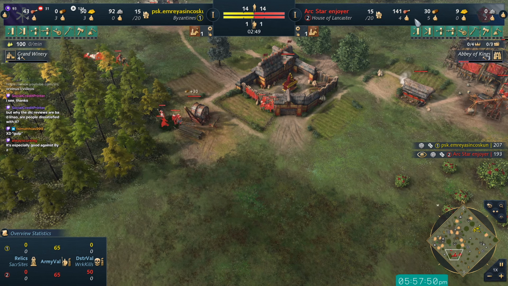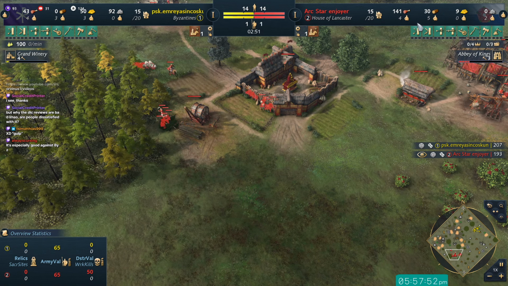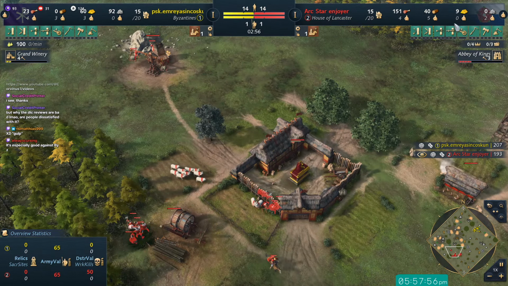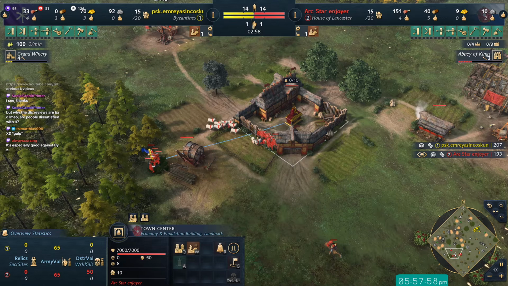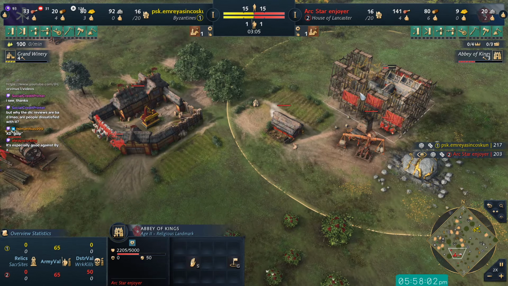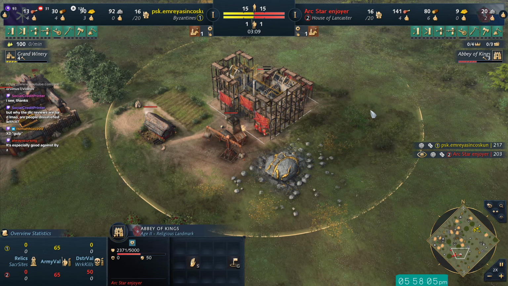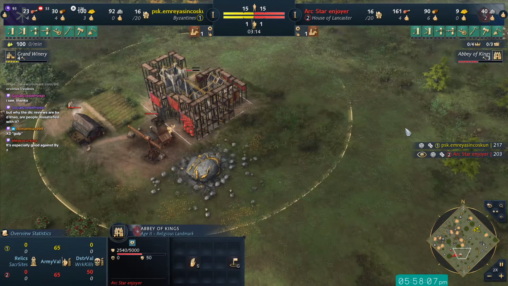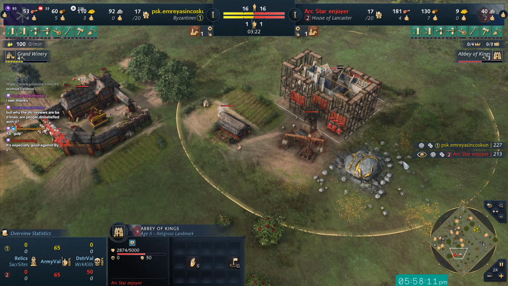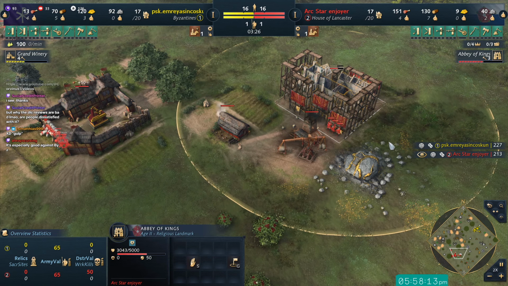I have the basic 4 villagers on food. I'm sending 2 villagers to stone for now, but I will increase it to 3. And now I'm just making the villagers go to wood. We have 5 villagers right now. I'm building the Abbey of Kings, which will make the kings for me. The first king is for free, and after that you have to pay 60 gold and 100 food for each